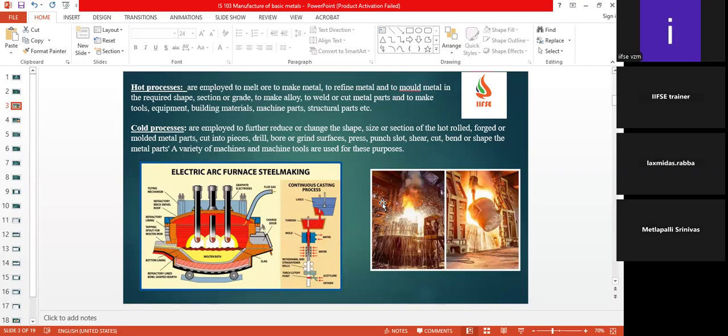And there are foundries where they make castings. For example, you see a bigger casting in the sense it is a kind of wall outer body. When I say ball wall or any globe wall or any gate wall, it will have a heavy outer section. Those are called castings. There are different types of industries around this hot process. Okay, that is about